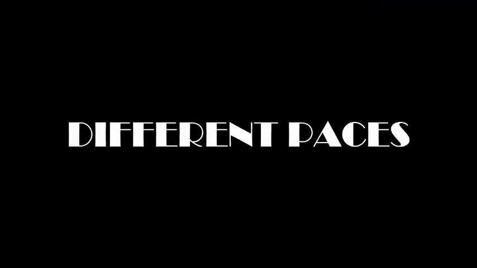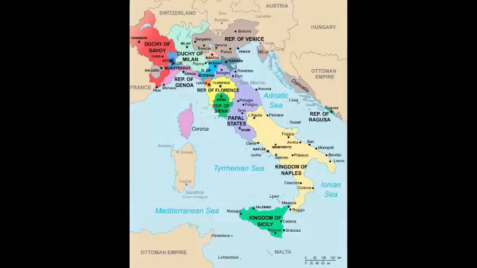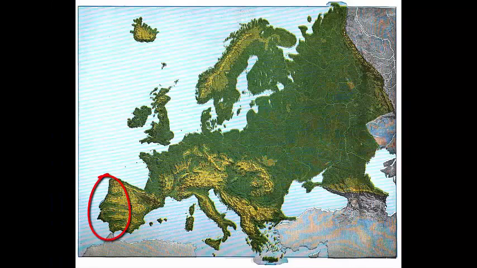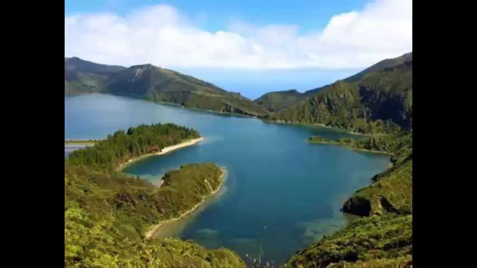There are also different paces of development in arts and innovation, with further development in arts and philosophy in France and the different kingdoms of Italy. I think they call it the Renaissance. Also, on the western coast, the Portuguese developed these weird triangular sailed boats, allowing them to have a faster escape route when we invade. Also, it makes it easier to set up and govern colonies, which Portugal has a few of.